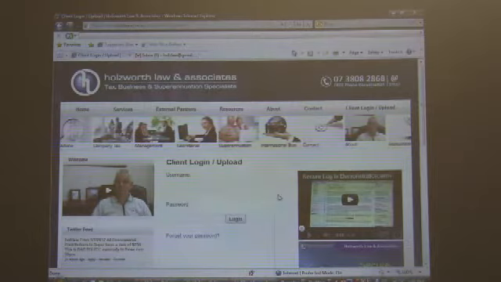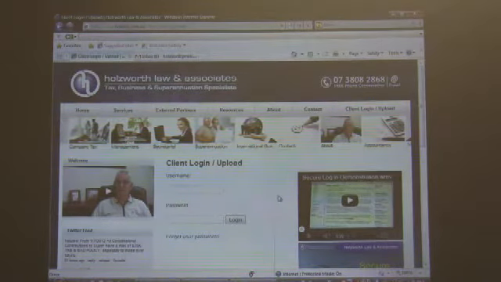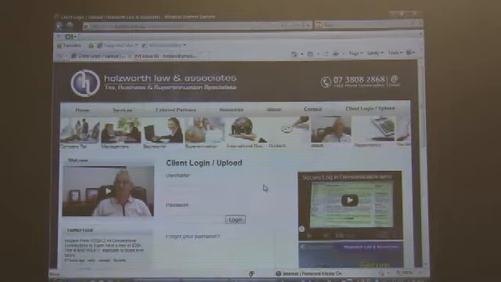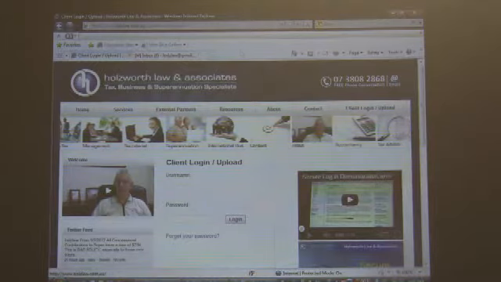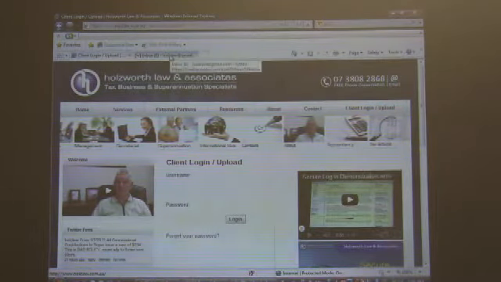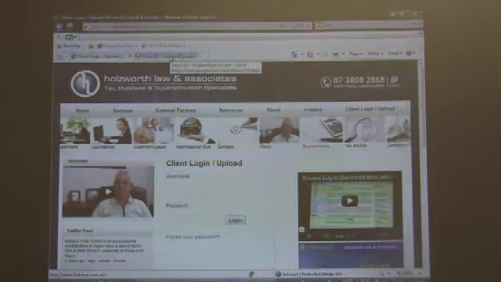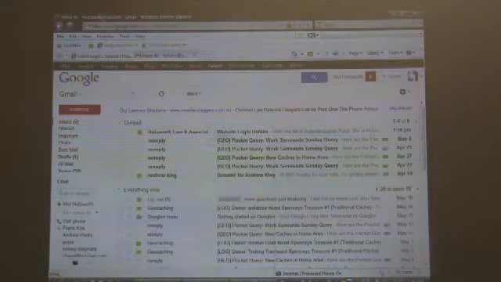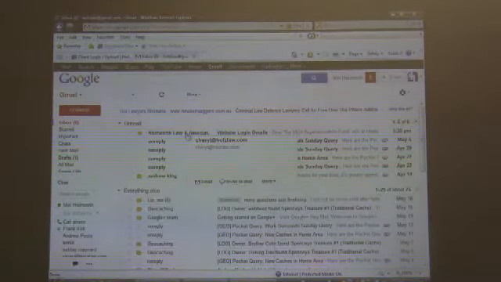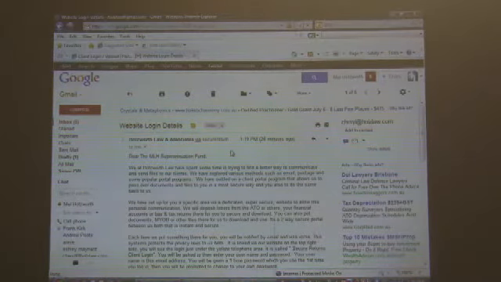In the demonstration, I've already set up an account in the name of my self-managed superannuation fund, and so that account has been set up, and the email has been sent, in this instance, to my Gmail account, which is the email account that I'll be using for this demonstration. And so you'll see that in my Gmail account here I have an email received from Holsworth Law & Associates. If I open it up, you'll see it opens up to the email, which gives